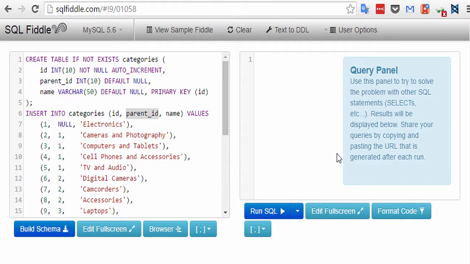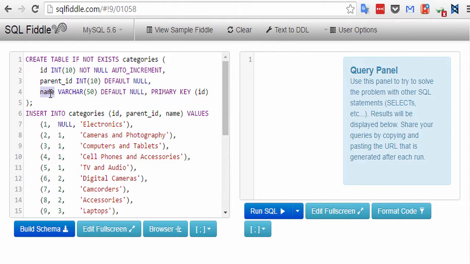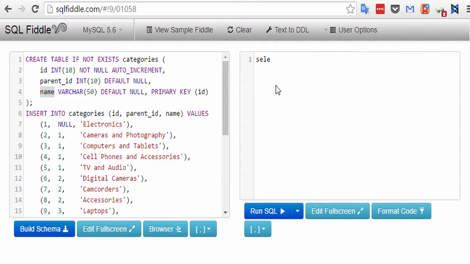Before starting to retrieve an individual column, let's show our table. We have a categories table with ID column, parent ID column, and name column. So we are supposed to return only the name column. What can we do? We write select and write the column name, which was name,